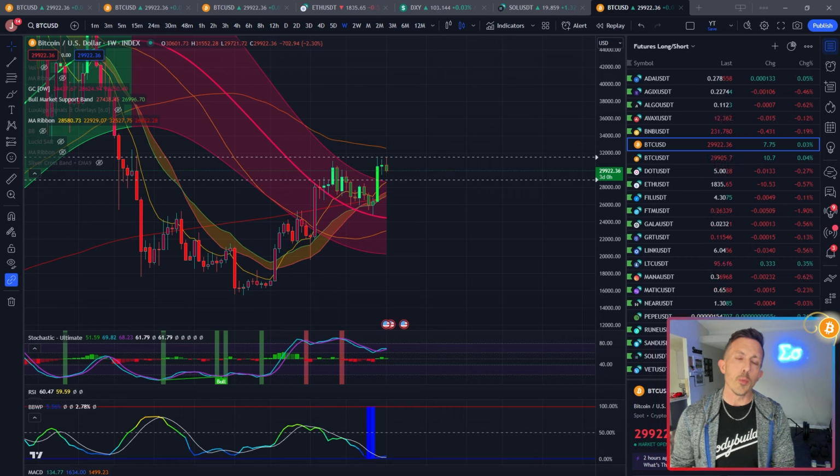So the BBWP stands for the Bollinger Band with percentile. And essentially what that measures is the contraction that the Bollinger Bands have, which I currently don't have the Bollinger Bands up on this graph, but let's go ahead and put them on so we can take a look at